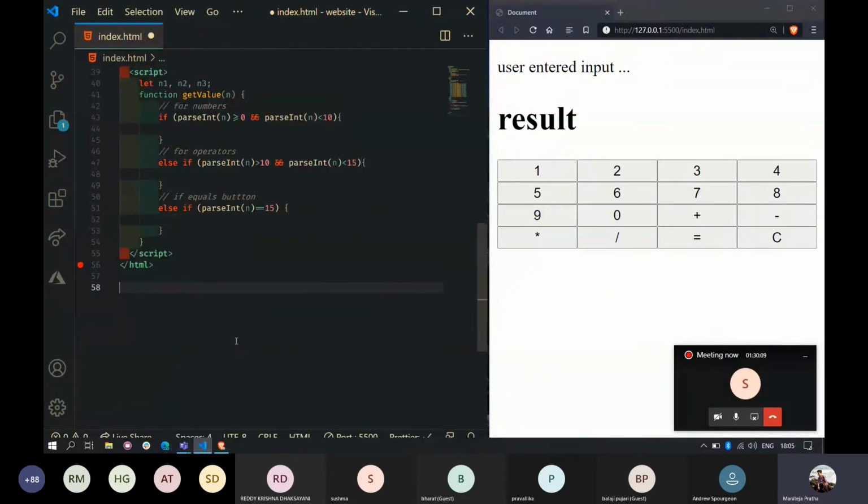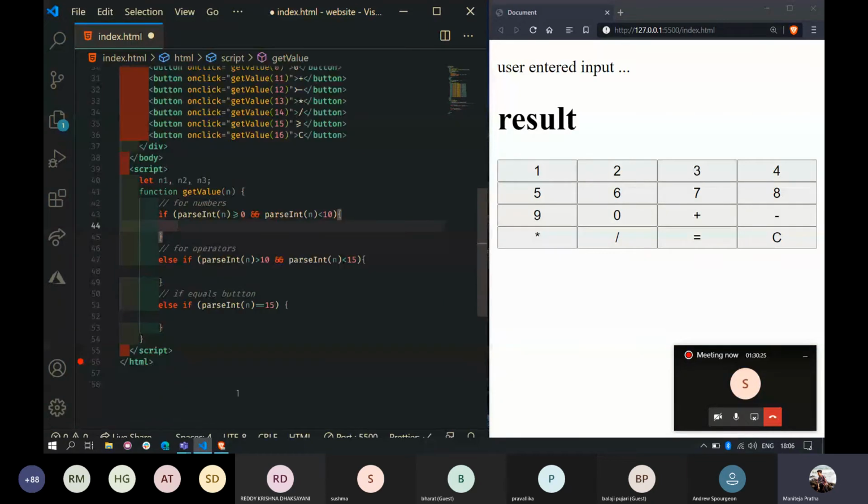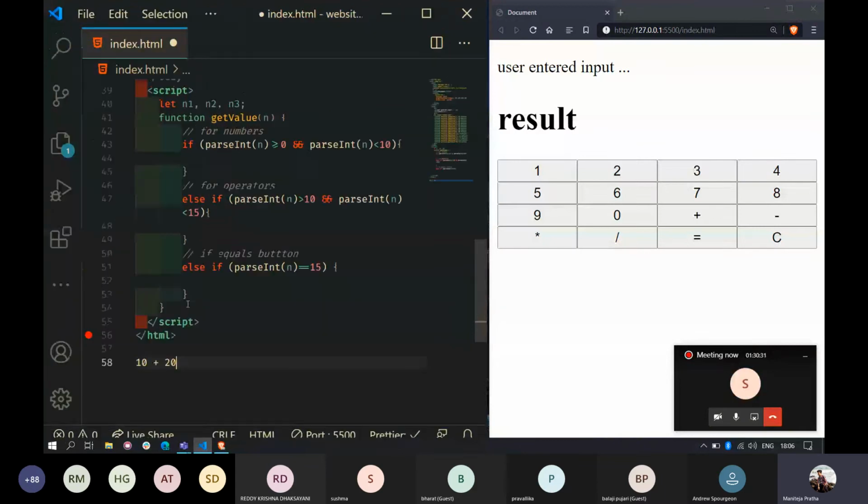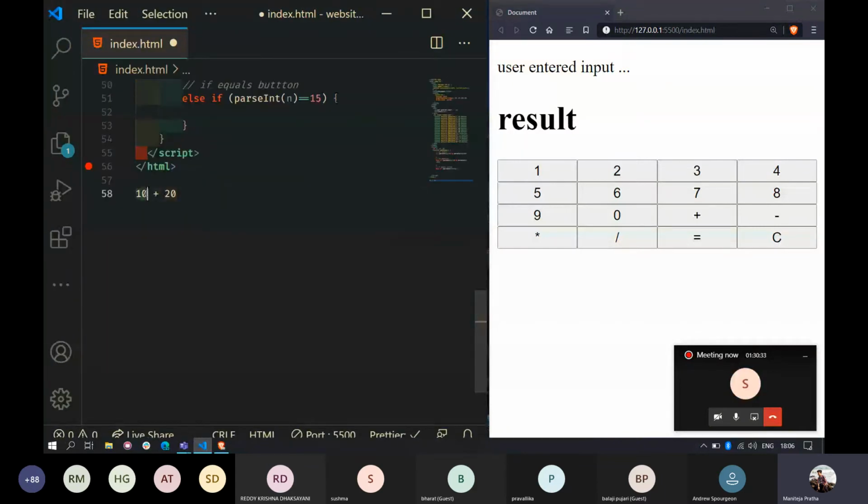So now let's do one thing. The statement will contain two parts, right? 10 plus 20. This is the left argument and this is the right argument, and there will be an operator symbol in between.